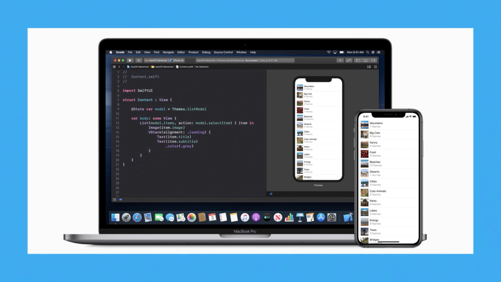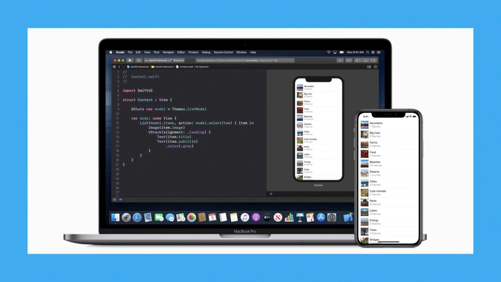An example here, you can see that piece of code to the left generates what you see to the right. Now, before SwiftUI, in order to create a table view, as they called those lists there, you would have to do a lot of work between the storyboard and using UIKit views and UIKit APIs and all sorts of things you have to do in order to get this to work. But in this case here with SwiftUI, you can see less than 30 lines of code. Actually, I would say probably 15 lines of code or less, you're able to put together something simple